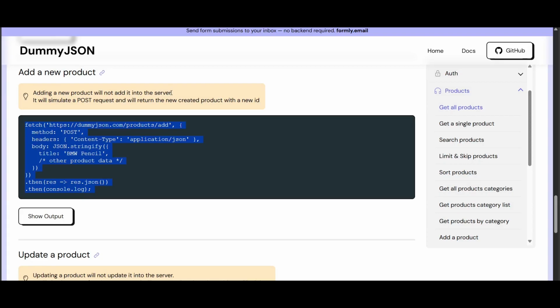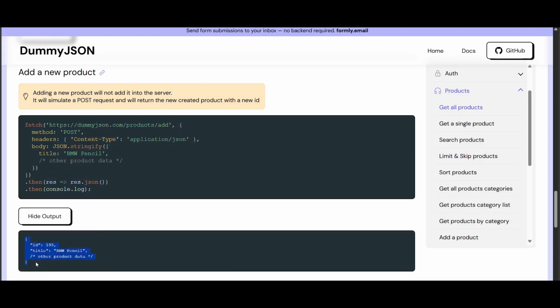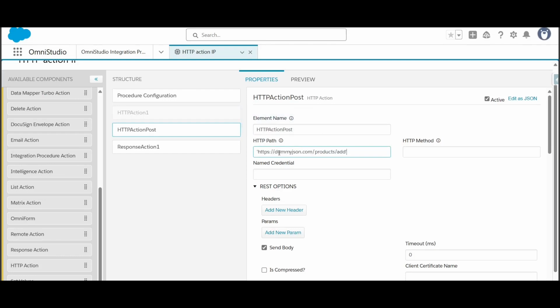Basically, while executing this POST request, this product detail will not be added to the server directly. It will just provide a mock response that the product got created, and it will provide some sort of product ID. So this would be the response. So let me use the endpoint,